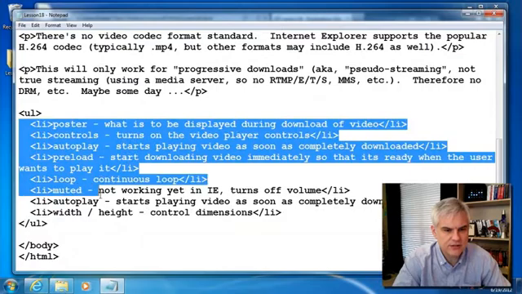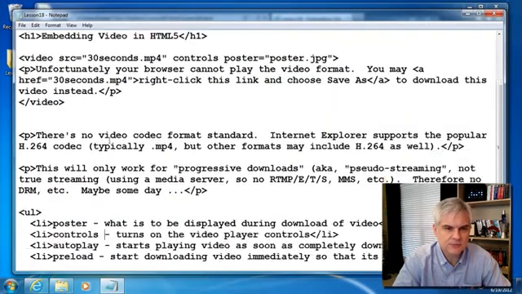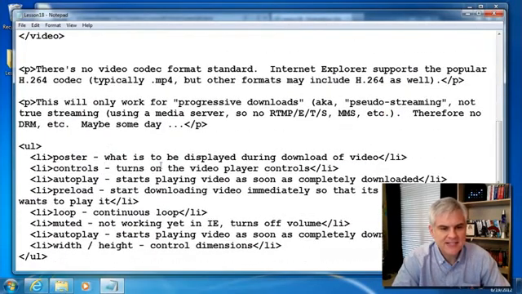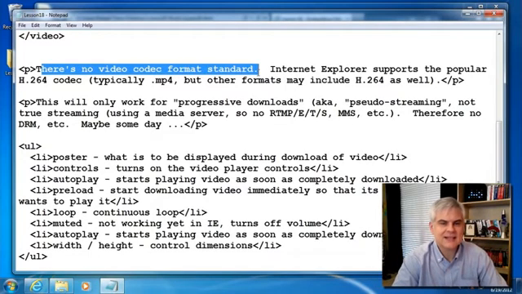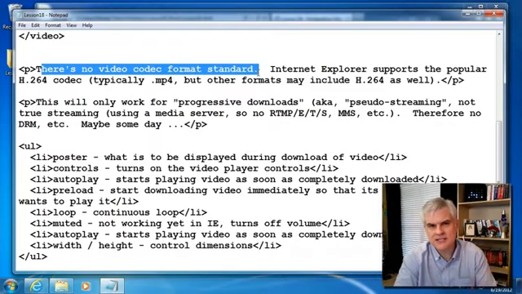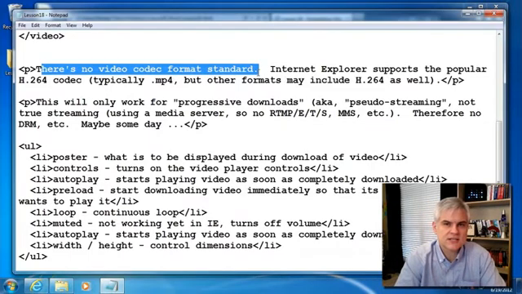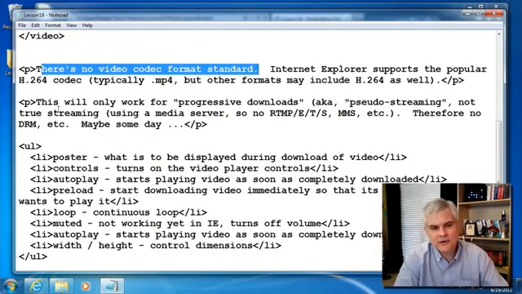I would just invite you to try different combinations and learn a little bit more about this. As I note, there's no video codec format in the specification. Internet Explorer supports the very popular H.264 codec that typically is encoded in .mov or .mp4 movies. Apple also supports this. And then also, I want to talk about that the video player currently only supports progressive